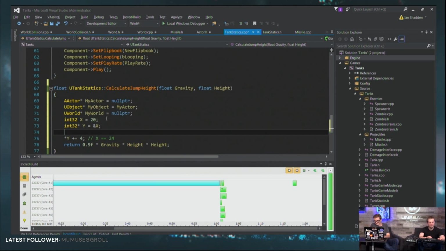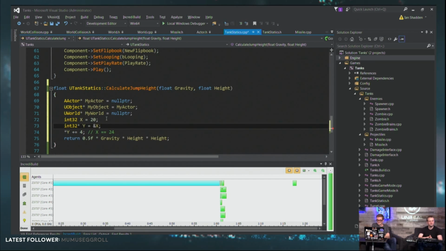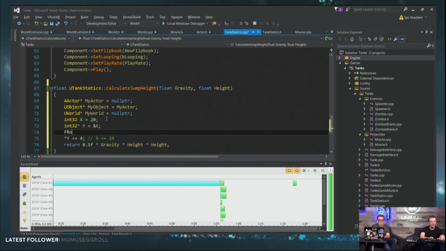You have FVectors, FMath is actually a full class, FRotators, FQuaternions. Yep, and we have tons of documentation on this as well, if they want to go through and see every single possible struct. There are a lot. I guess there aren't that many prefixes, but these are more Unreal conventions. They're not language requirements, but as you get used to them, it kind of helps. Like you'll just see, oh, this is using an F whatever. Oh, okay, that's a struct.